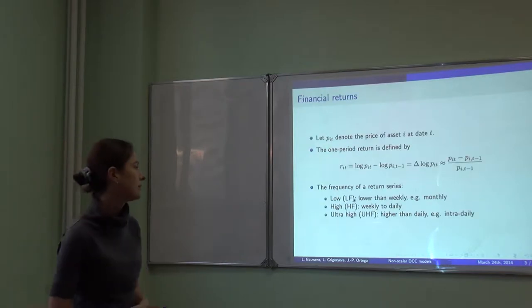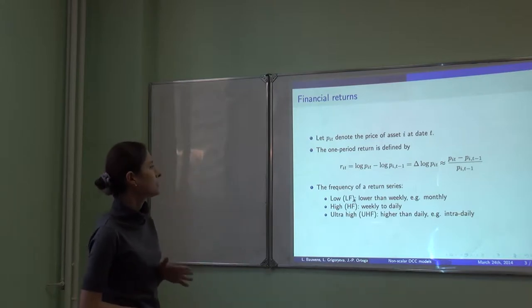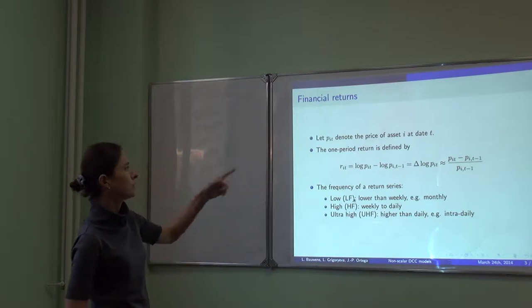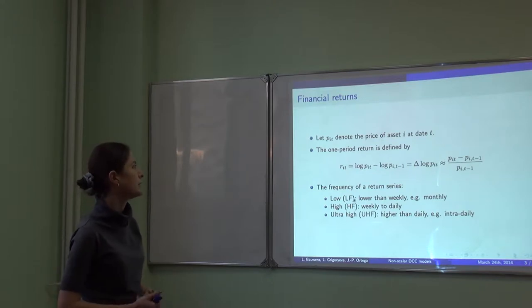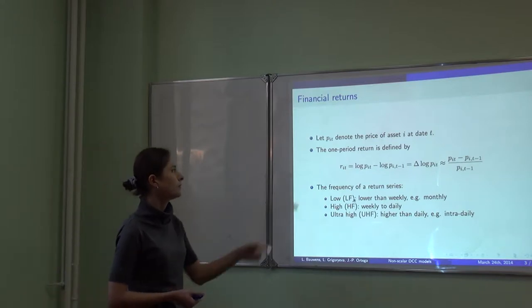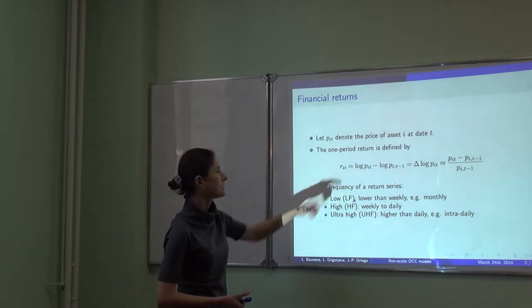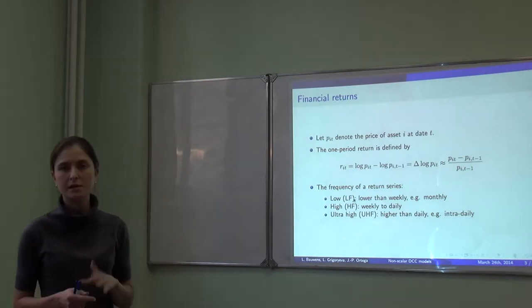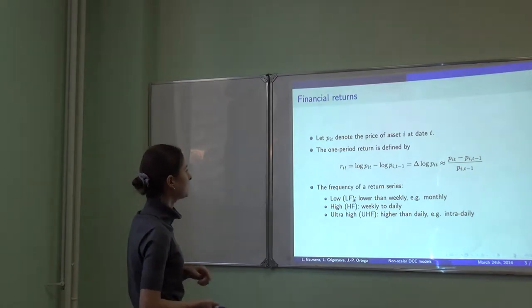So, maybe for some of you these are already well-known facts. I'm going to just give you some notation. Let P_it denote the price of the asset i at the moment of time t, at the date t. Then we have one-period returns that we are going to work with, this is r_it. Whenever I put a bold symbol, this means a vector. Whenever it's a big Latin letter, it's always going to be a matrix.